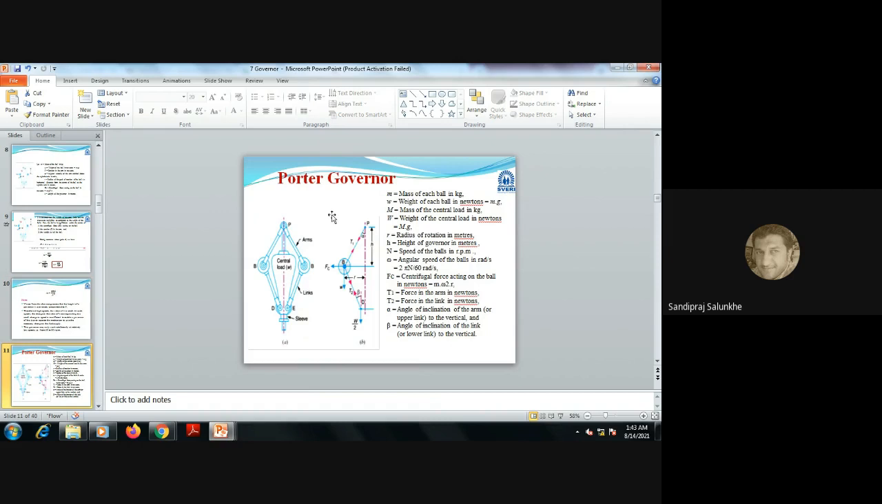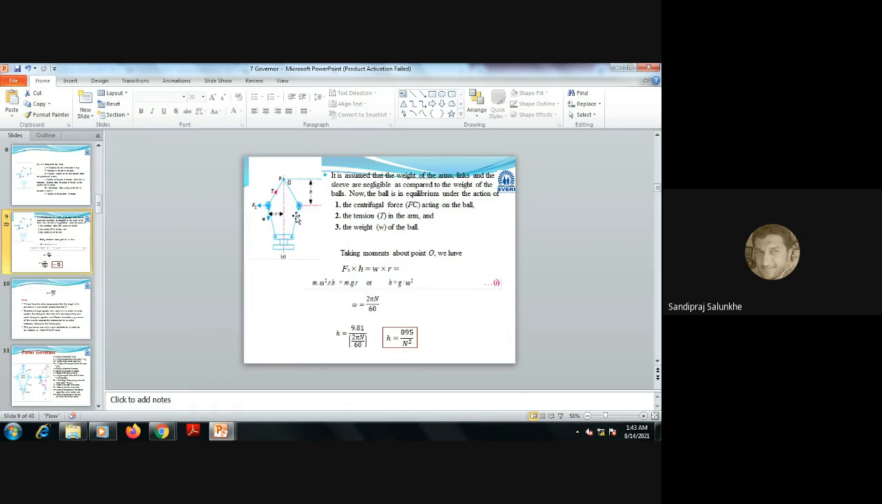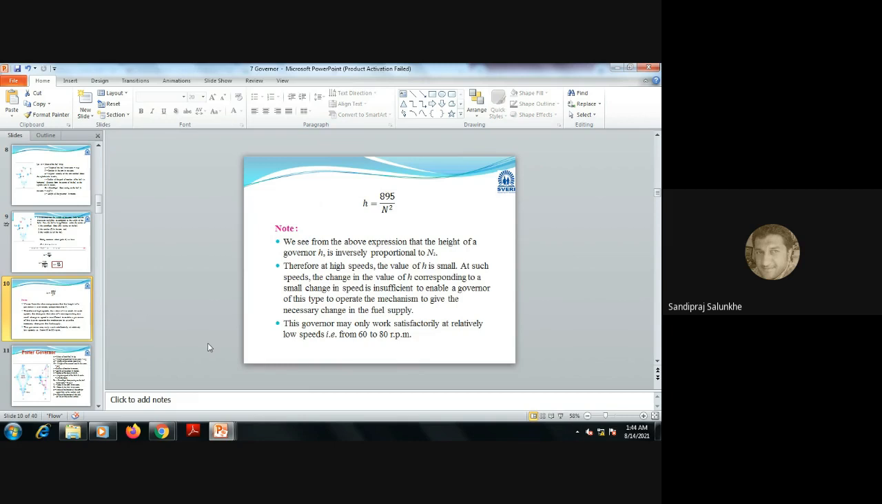Now the next governor which we can see is the Porter governor. Now what is happening with this Watt governor? It is very sensitive to the speed because the height is inversely proportional to the speed square. So as soon as the speed fluctuates, a small speed increase, then a large fluctuation may take place in